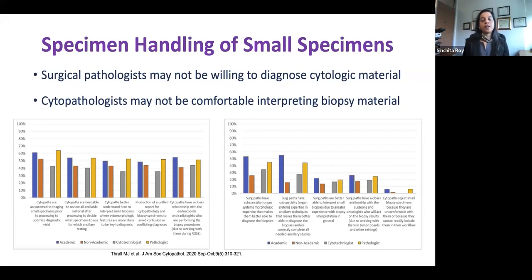The flip side of that argument is that surgical pathologists, especially if you're in a subspecialty practice, are more attuned to the developments in the field. They're more in tune with some of these subspecialty classifications that are coming out. They have more expertise in that particular field, and the cytopathologist may not be comfortable looking at all of that surgical pathology material. So there are clear arguments for both.